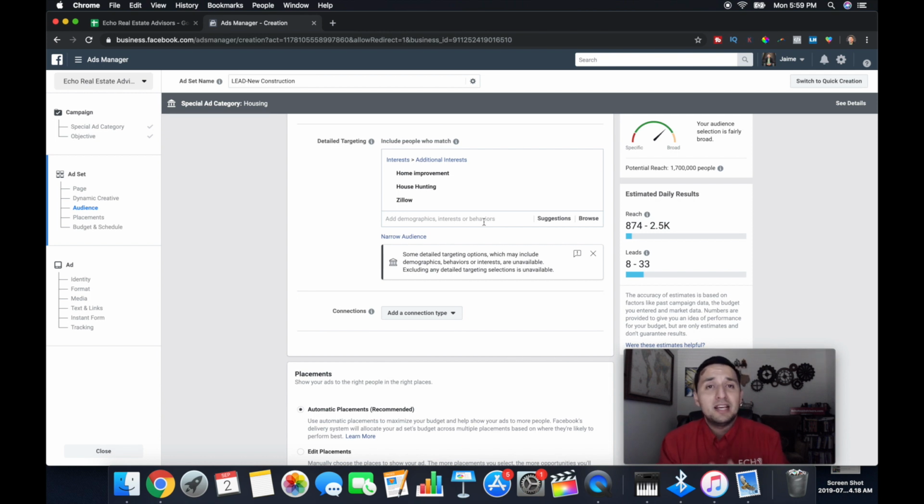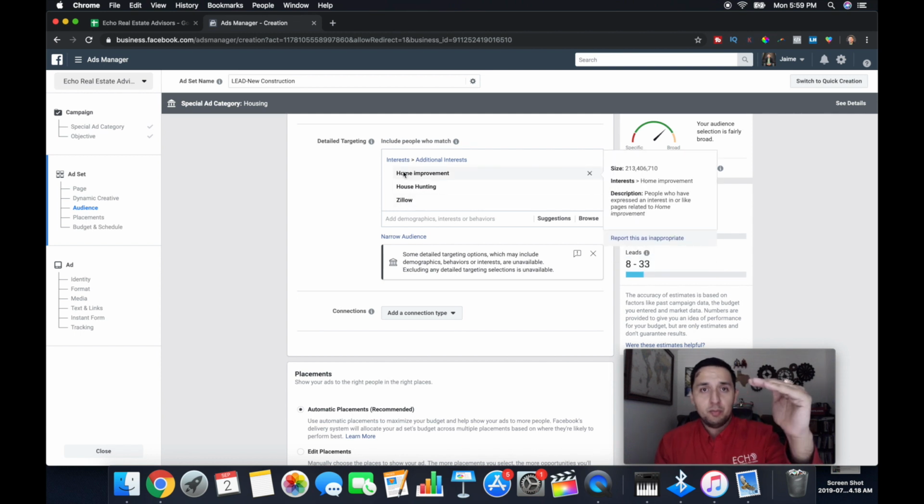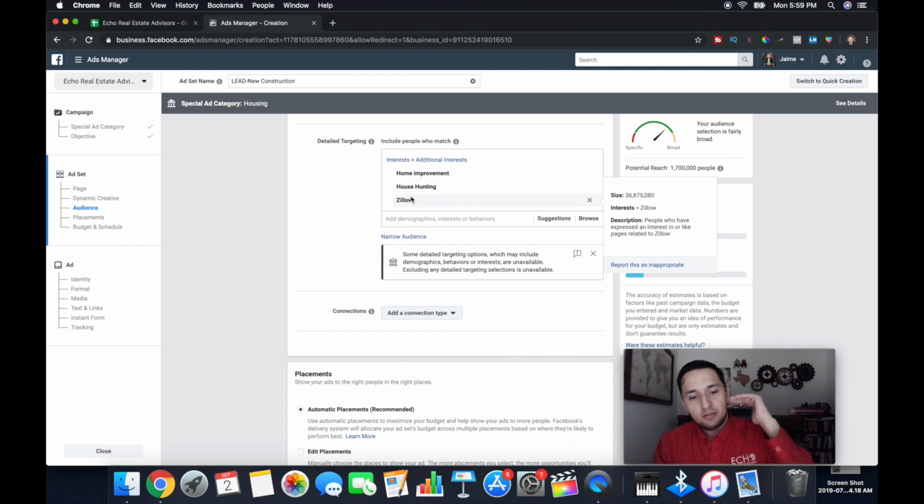And the way that I would suggest that you target this is to not include all of the interests in one, like I have in this section. I would actually split test this. I would select the home improvement by itself, the house hunting by itself, the Zillow by itself. So that way when you're running ads, you get to see the interests that are actually producing results,